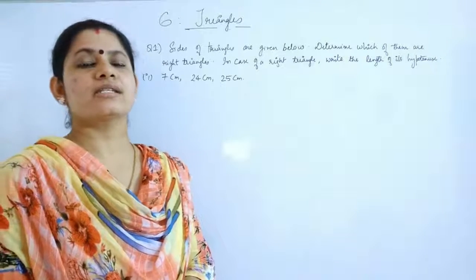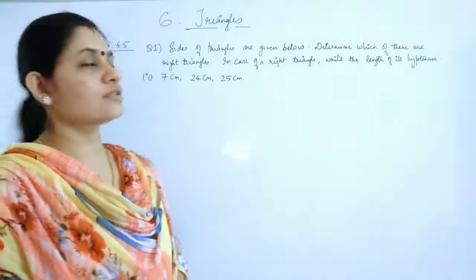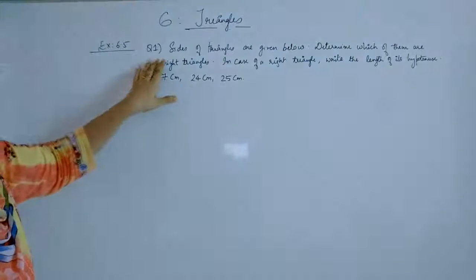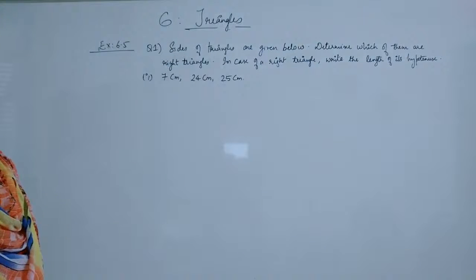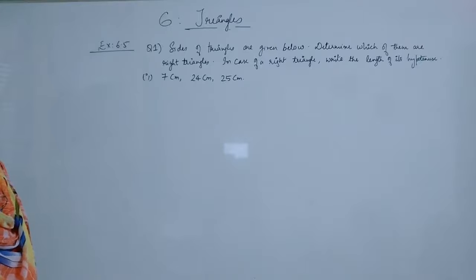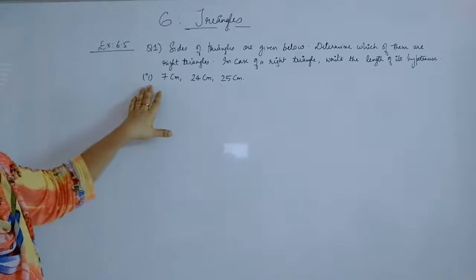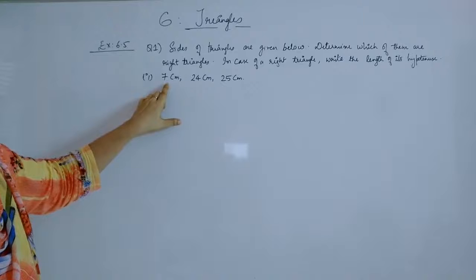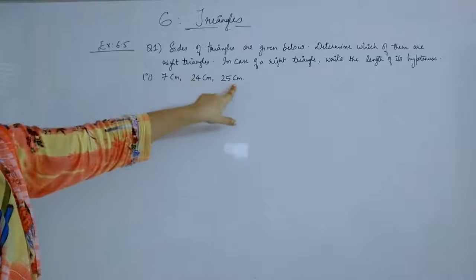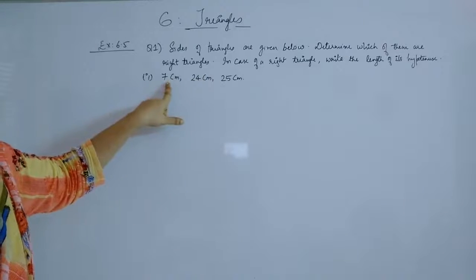Now we are starting exercise number 6.5 and the first question is, sides of triangles are given below. Determine which of them are right triangles. In case of a right triangle, write the length of its hypotenuse. So the first subdivision of the question is, you are given three lengths, that is the sides of the triangle, that